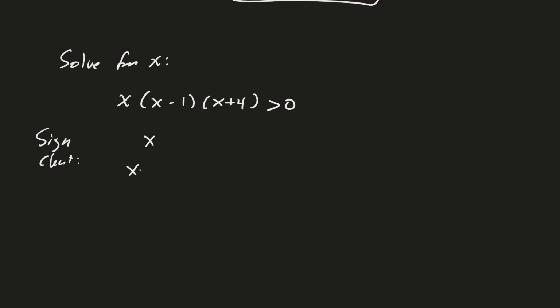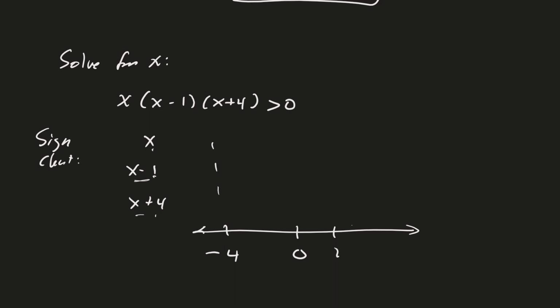we write down our factors to one side. We write down a number line. And now on the number line, we write down where each expression is equal to 0. So the first one is 0 at 0. Second one is 0 at x equals 1. And then the third one is 0 at x equals minus 4. Okay, and now that separates our number line